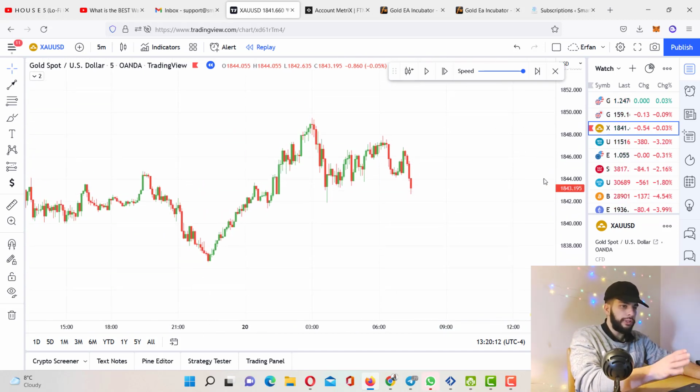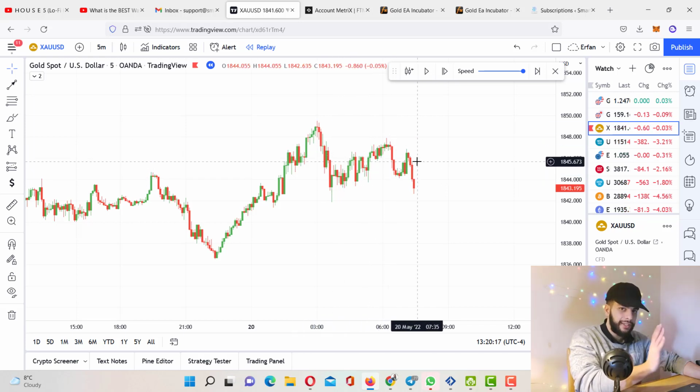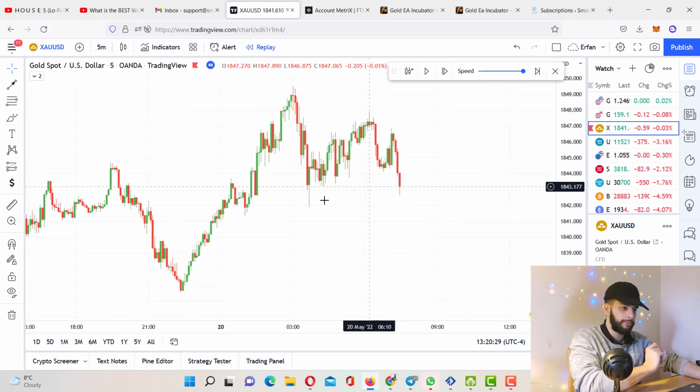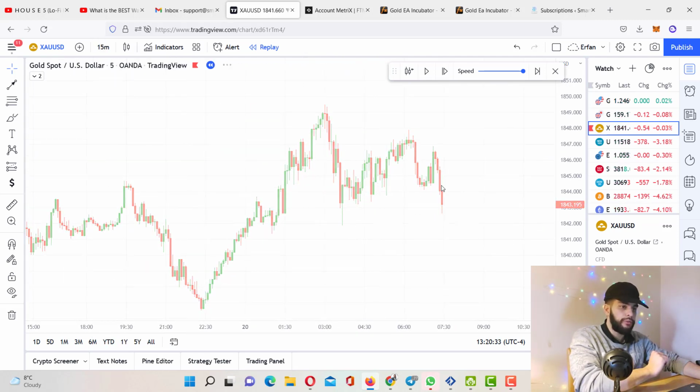So what I noticed on the 5-minute time frame was some sort of consolidation, but I didn't give up, because I'm always looking for high probability supply and demand zones, as you know, guys, and I always trade during the New York session in the beginning, especially when the market has so much volatility and there are so many good setups. So I switched my time frame to the 15-minute time frame